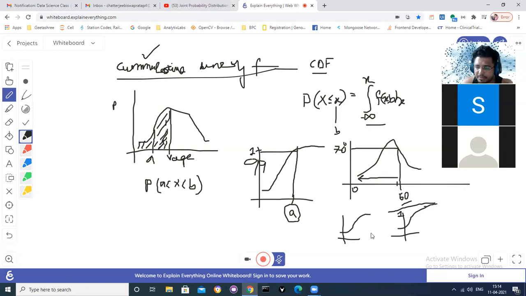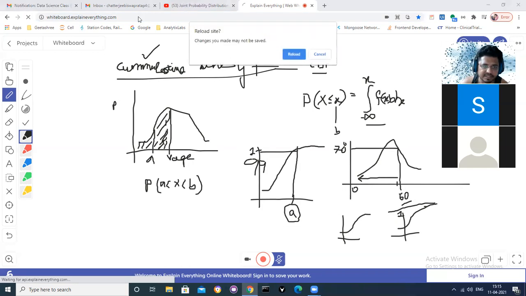Right? That will be the case because cumulatively, at the end, everything will become 1. So this is the cumulative density function, or cumulative distribution function. And whatever example I gave you is about a continuous random variable. Okay. So now you understand the probability density function, the cumulative density function, and some statistics, some charts, some pie charts,